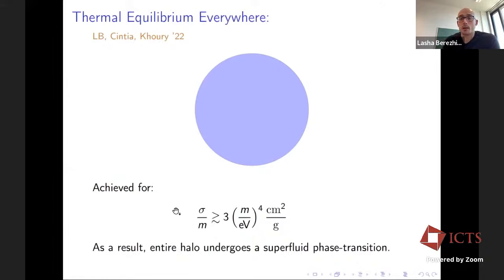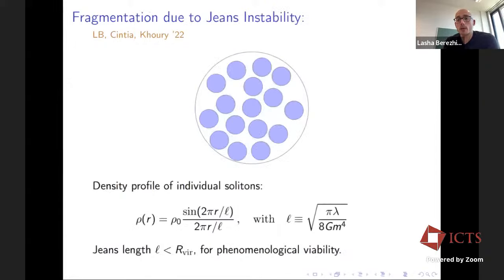As a result, the whole thing will be in a superfluid phase. However, then the Jeans instability kicks in, and this would-be homogeneous superfluid in the absence of gravity would break into superfluid islands. One of the assumptions here is that because of this full thermalization, we need to have something interesting to say about the outcome. We need to argue